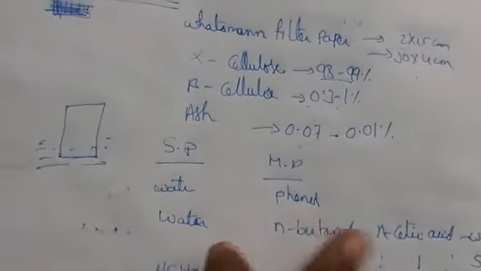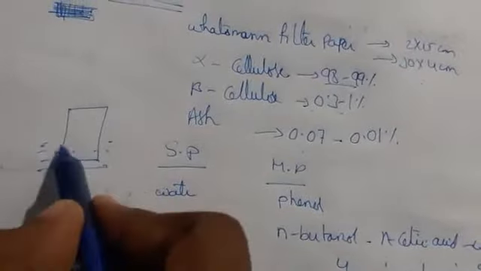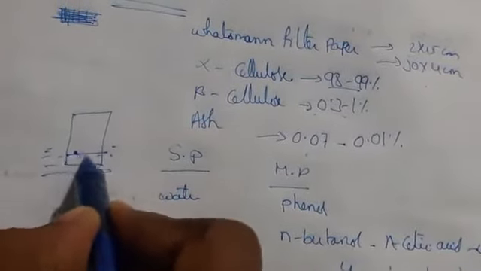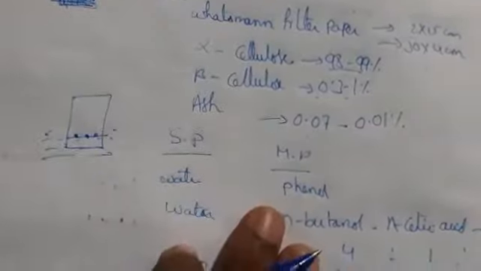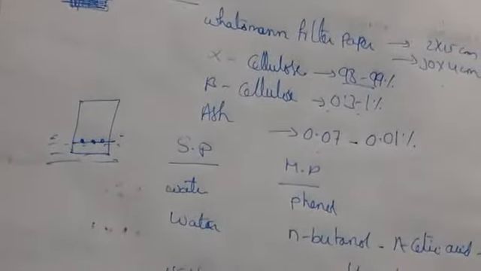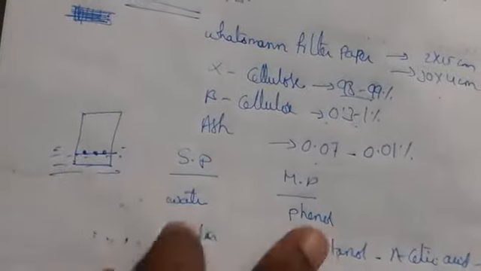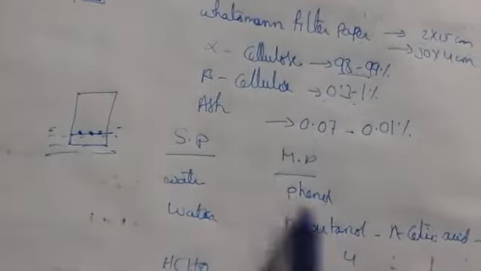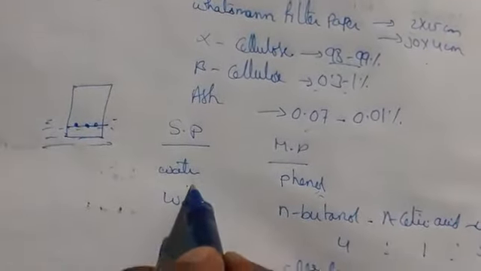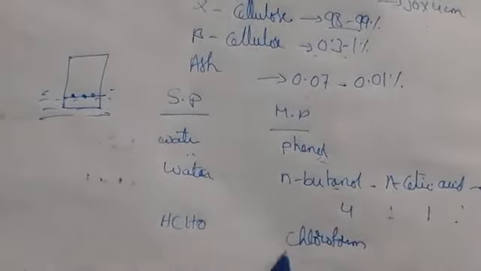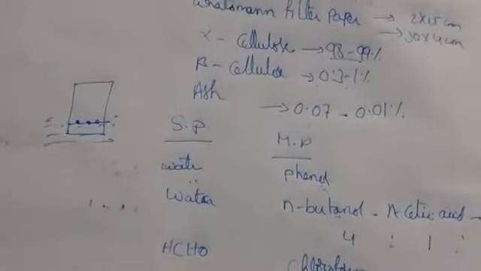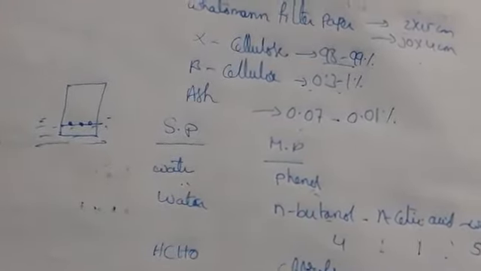It depends upon the biomolecules. When you draw a baseline, you will keep some biomolecules for the separation. Here we are using different types of solvent which are immiscible with water, which are not soluble in water. Phenol is not soluble in water, butanol is not soluble in water, and in the same way chloroform is not soluble in water. So this is nothing but the choice of filter paper we are going to use.